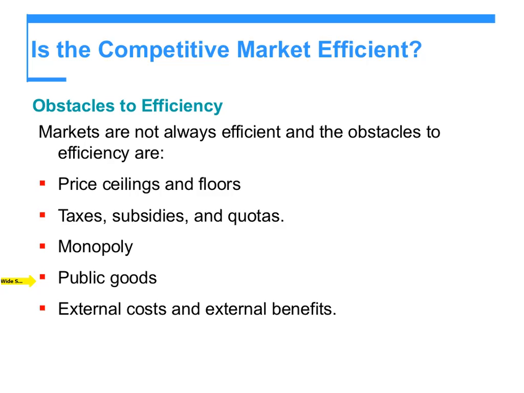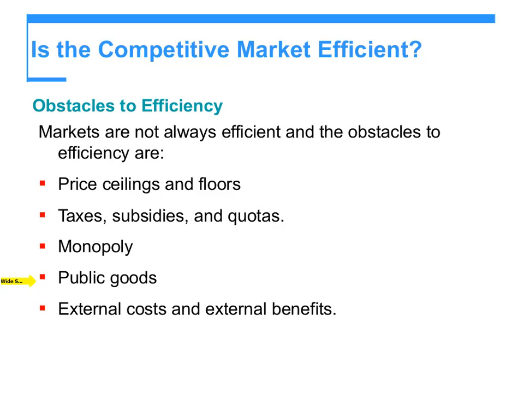Public goods are products that are public and are going to be supplied by government. Definitely, they're going to have certain concerns, and that makes the market again not efficient, because the supply is going to have some help and aid, and that definitely influences demand and also supply. External costs and external benefits are other obstacles to efficiency as well.